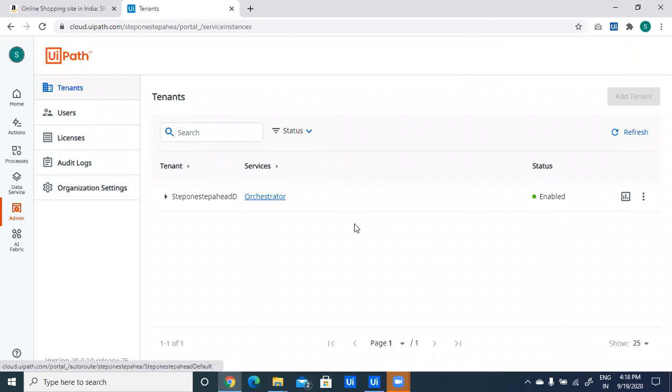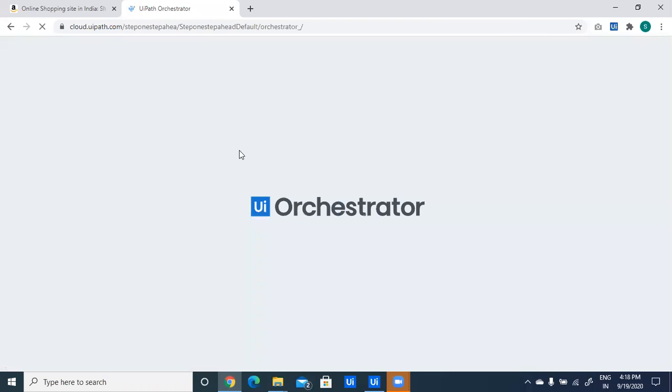Click on Orchestrator. So Orchestrator dashboard has appeared.